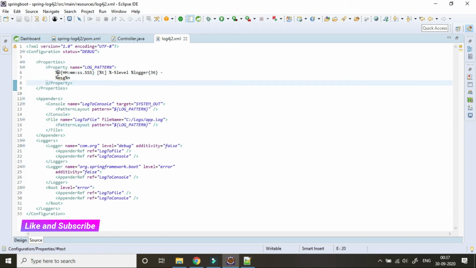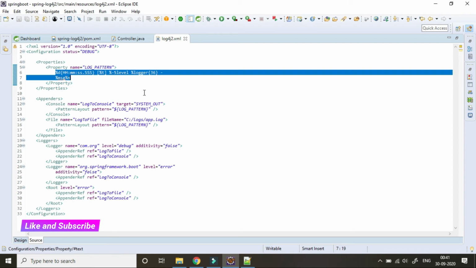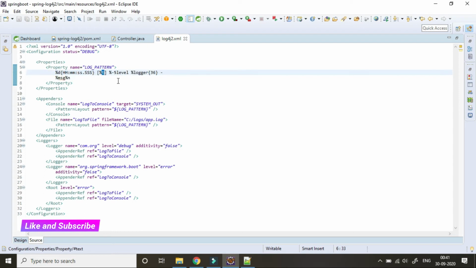So what does it mean? %d is hh:mm:ss.SSS, a timestamp with hour, minute, second and millisecond. Then %t, the thread name generating the log message, surrounded by square brackets. Then %-5level, the level of the logging event padded to 5 characters. So it will display the logging level. Is it debug or info or anything else?